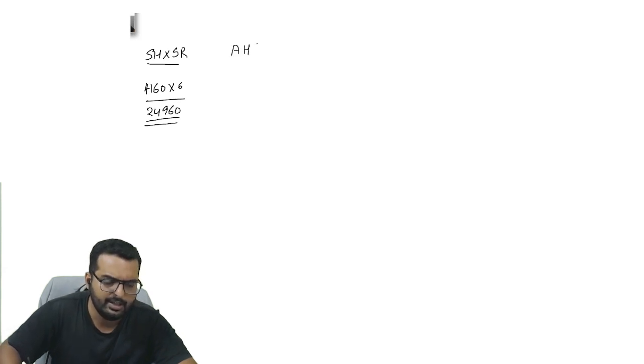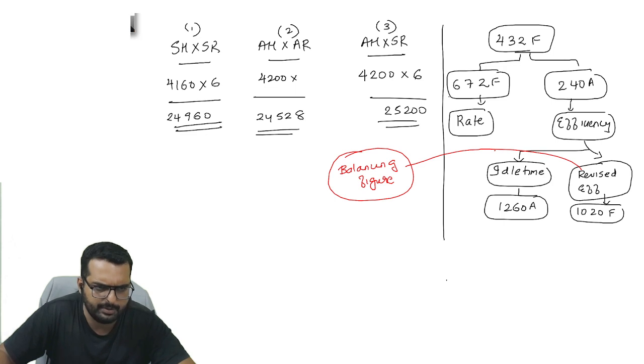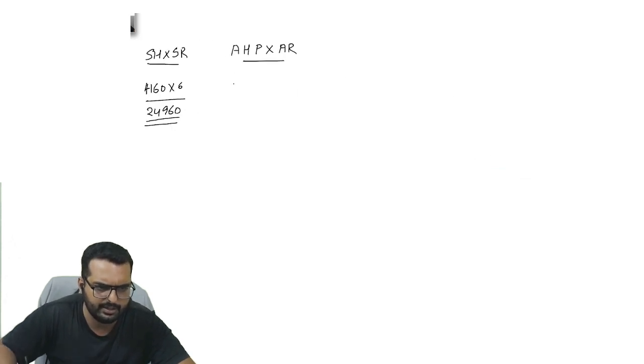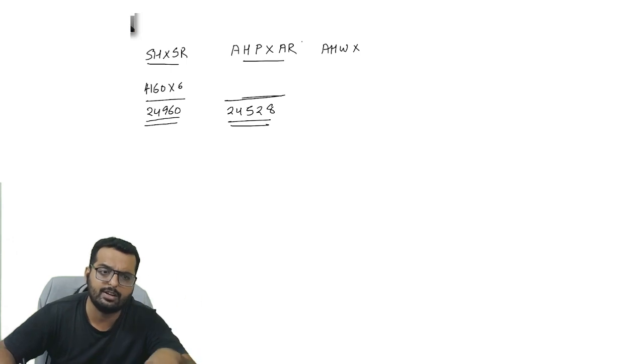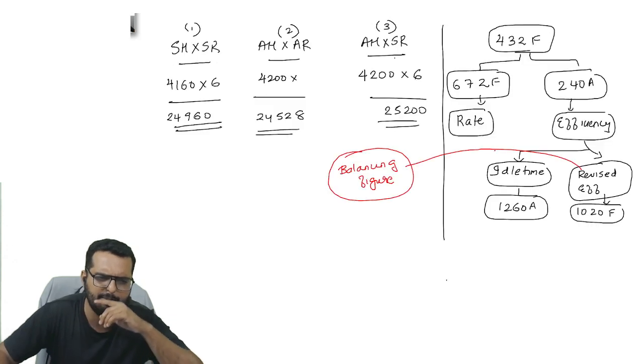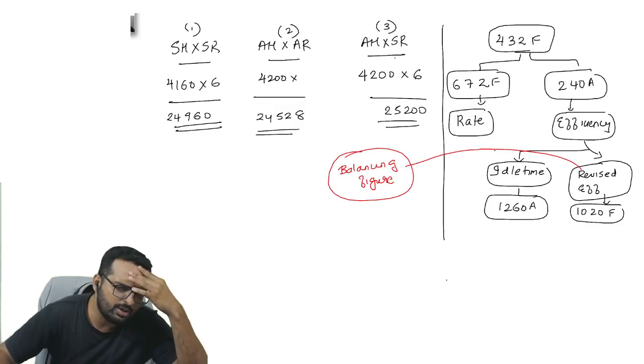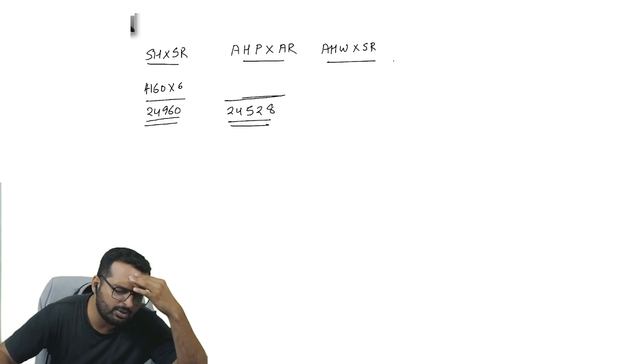Then instead of writing AH, I'll write AHP. What is AHP? Actual hours paid into actual rate. So how much is that turning out to be? 24,528, correct? After this, I'll write down over here AHW, actual hours worked, into, let us say, standard rate. Let me just put it that way. But then actual hours paid, and if I take actual hours worked over here also, should not be correct. Actual hours worked into actual rate I should take. So that difference,